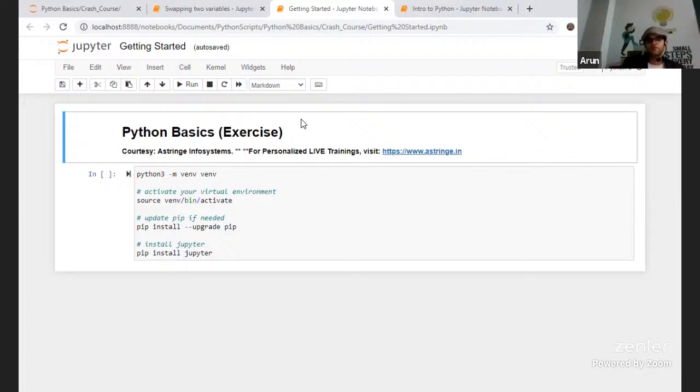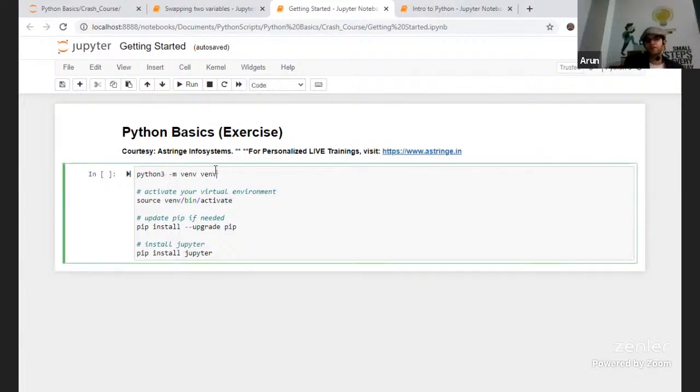In this case, it's python3 -m venv env. What it does is create a new virtual environment, not a physical environment, for Python, so that none of the other projects or applications conflict with it. And also activate your virtual environment. So with source, if venv is our virtual environment, after we create it, it is our job to activate it. If we do not activate it, then there is no use in creating the environment, right?